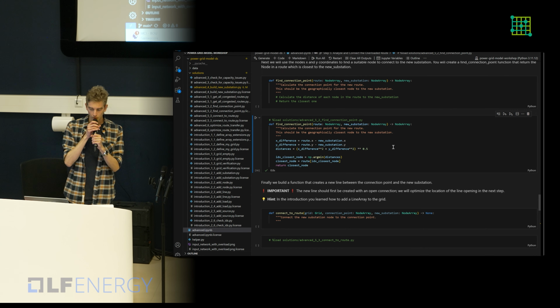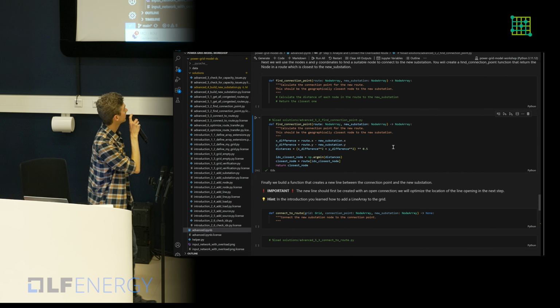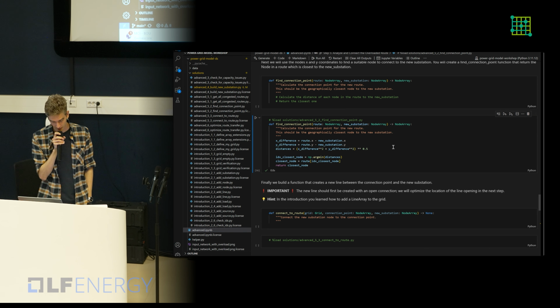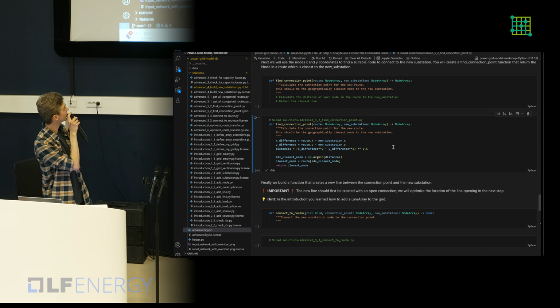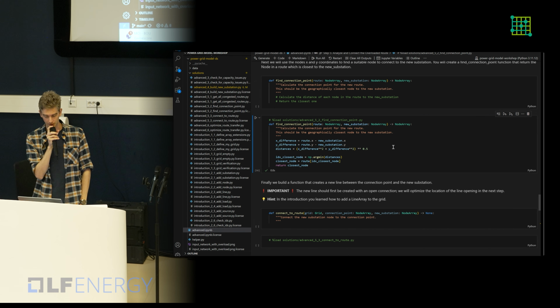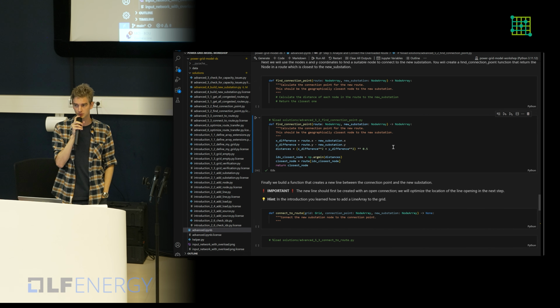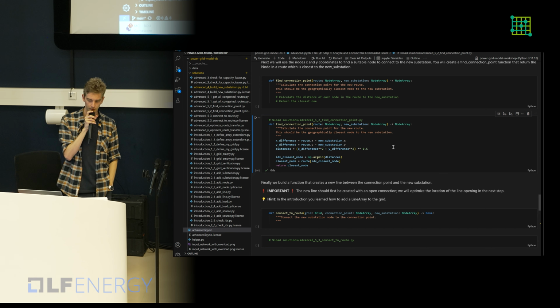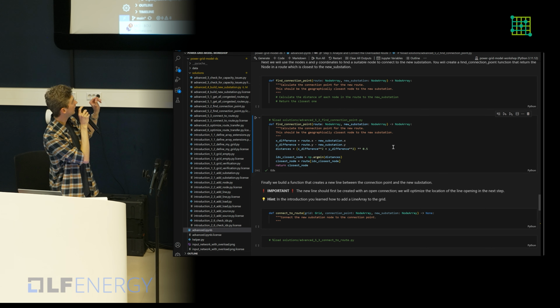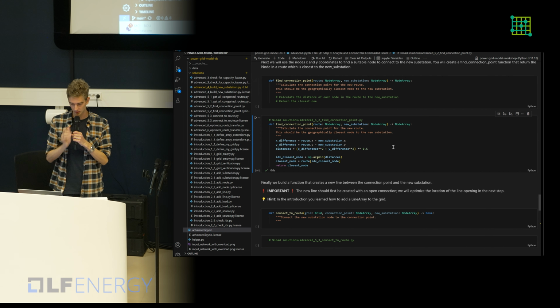So we do this according to geographical distance. I think we're all familiar with Pythagoras. We calculate for each node on the route what is the distance from the new substation to this particular node on the route. We actually do this with a one-liner, right?